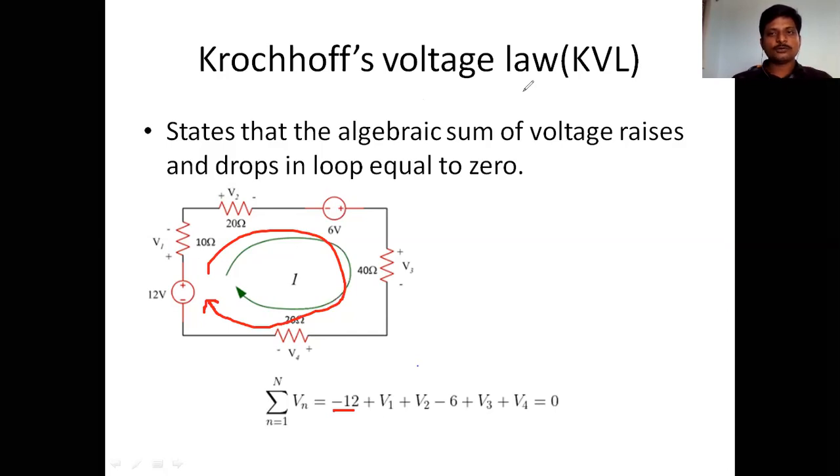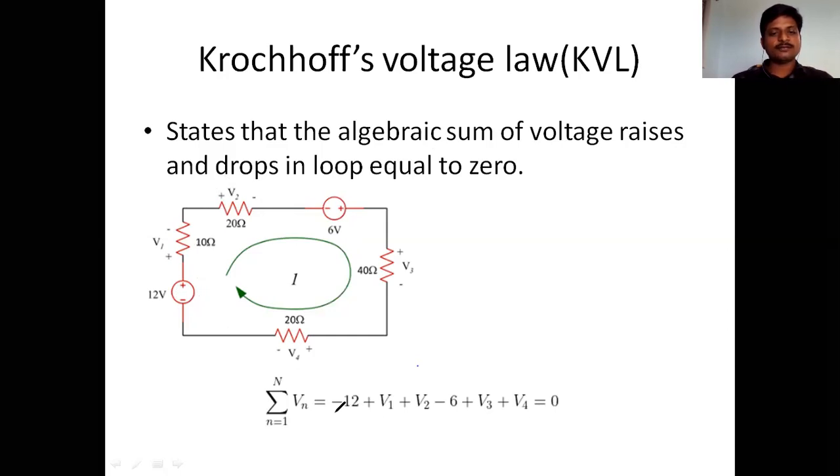So next, what we will do is, as you can see, current is entering here. We are taking positive, and current is leaving here. We are taking negative. So we have to take similar action on all the resistors. But for sources, polarities are already given. You don't have to assume. Okay, polarities will be given. There should be a polarity. So you don't have to change the polarity for active elements. Already given polarities must be taken. Okay.